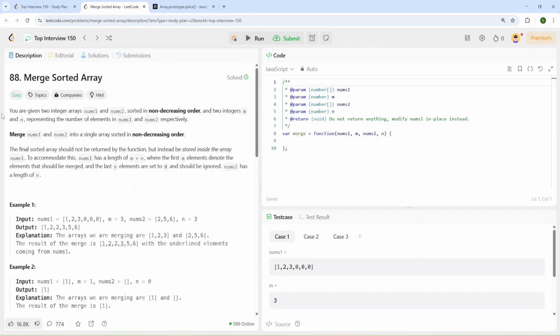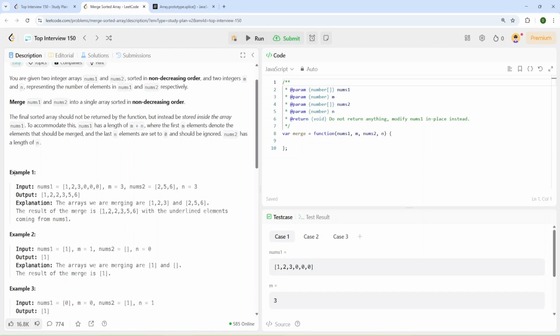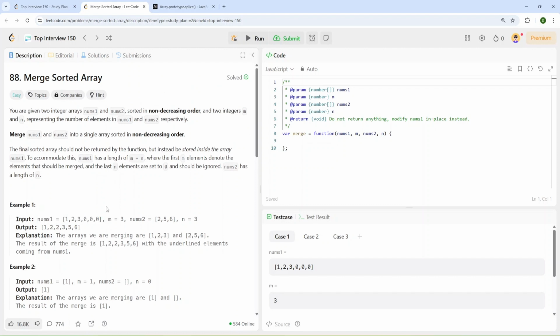So you are given two integer arrays, nums1 and nums2, sorted in non-decreasing order, and two integers m and n, representing the number of elements in nums1 and nums2, respectively. So we have an example, and we have array nums1, and as you can see, we have three elements in the array, and we have nums2, and it also has three elements.